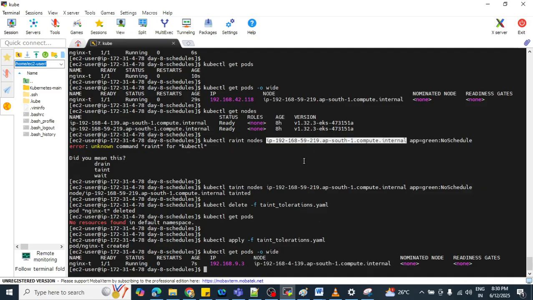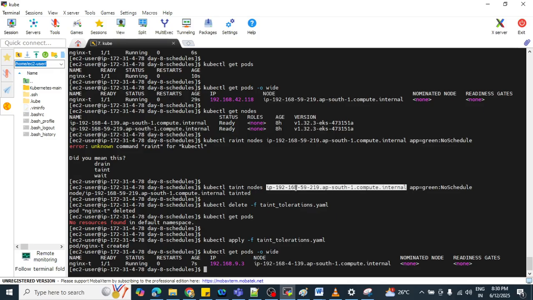So this particular pod is running on this one only, and we have applied the taint on this 219 node.